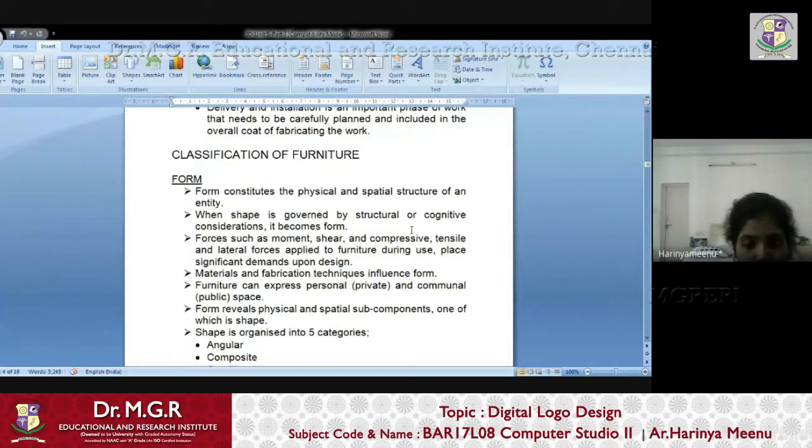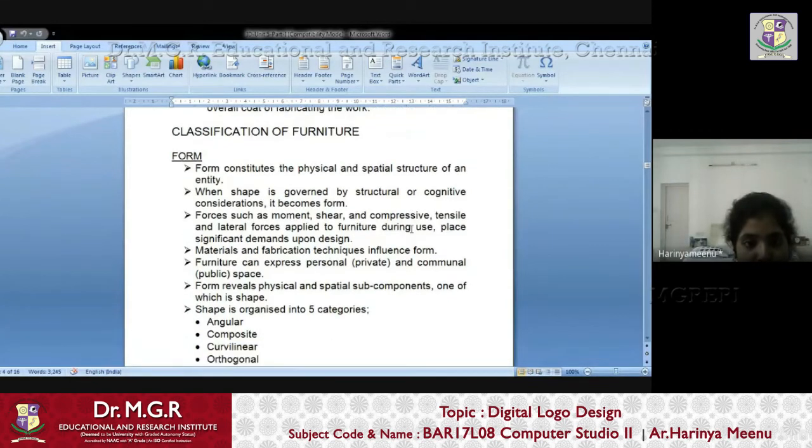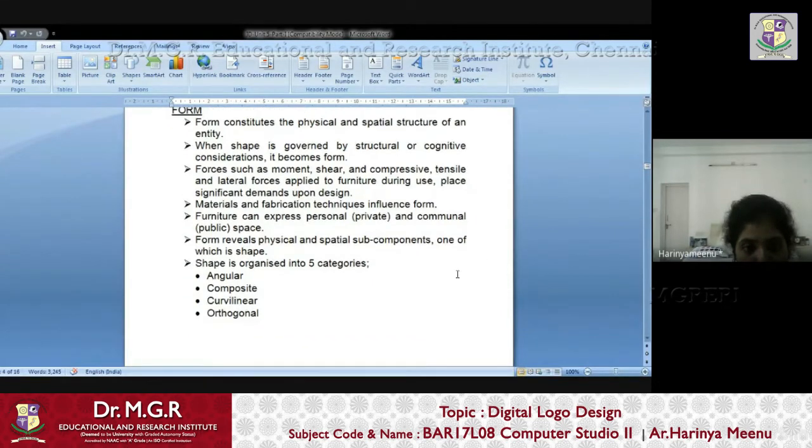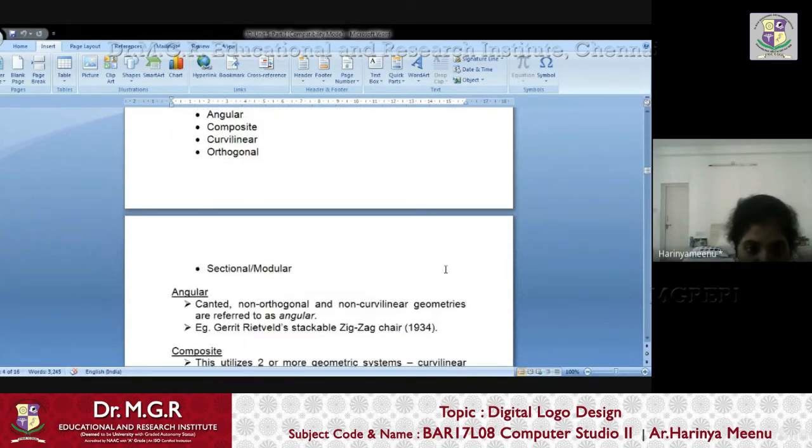What place of significant demand is placed upon the design you are going to do? These are the things to be considered when you are designing and giving emphasis to the form. Based on the form, the shape can be angular, composite, curvilinear, orthogonal, sectional, or modular.